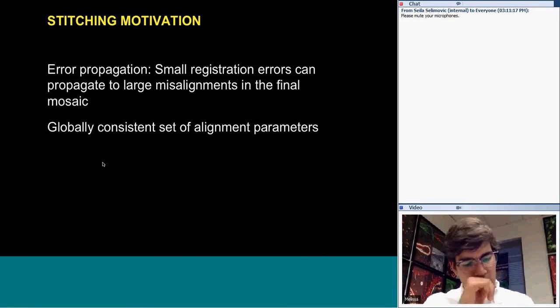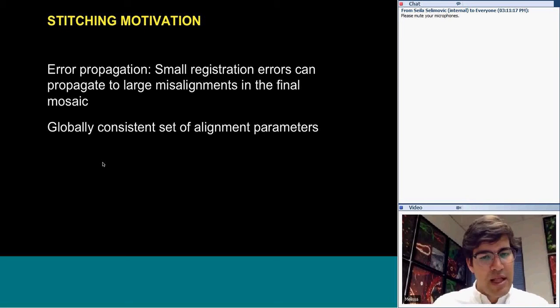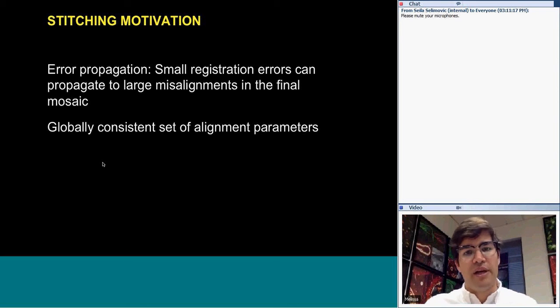But now we have this large collection of tiles, and the tiles don't come up in pairs of overlapping tiles. They have multiple overlaps each. Therefore, the consecutive placement of tiles in the output image can lead to the propagation of alignment errors. This is due to the fact that pairwise corrections may conflict when the position of a tile is defined by more than one neighbor. So we need to find a globally consistent set of alignment parameters that minimize the misregistration between all pairs of